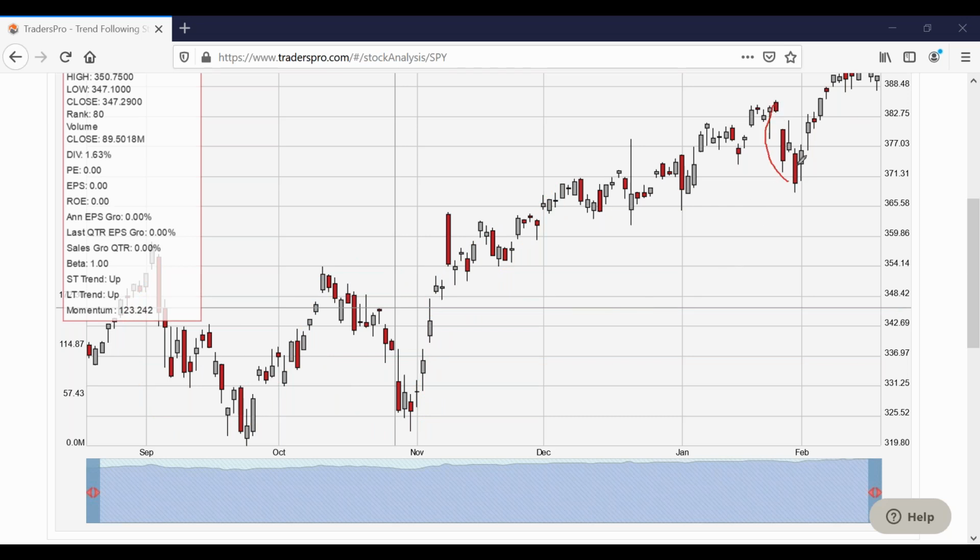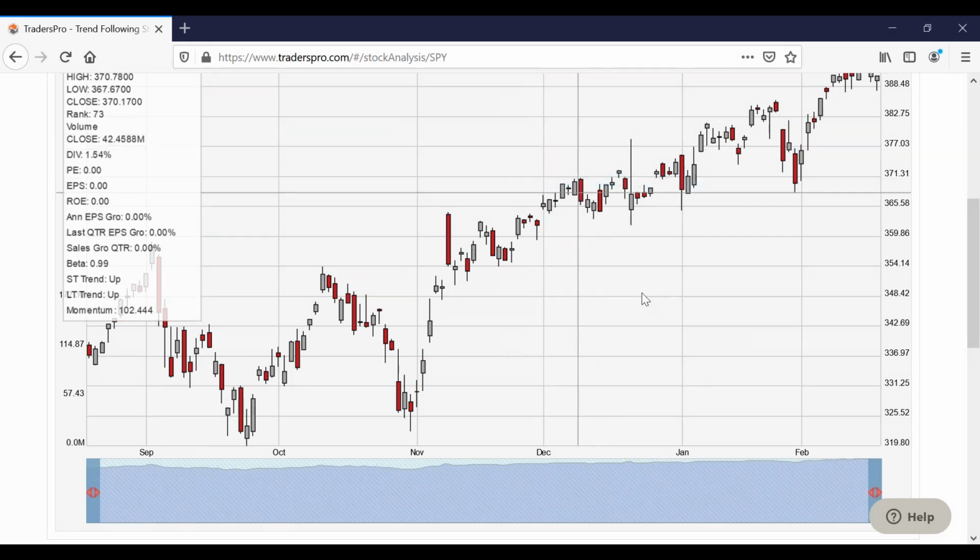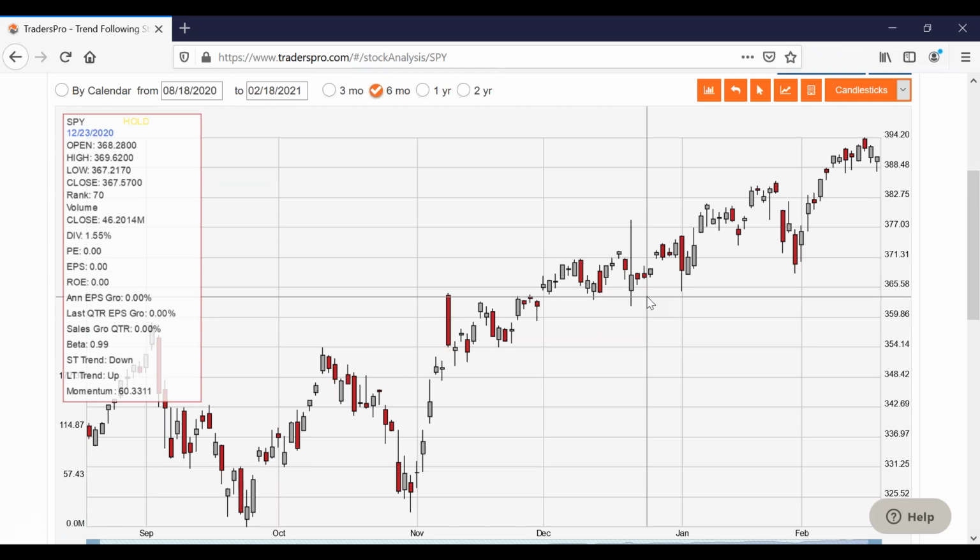I mean, even right here, we had the sharp sell-off. We rebounded pretty quickly there. So a lot of times these little sharp sell-offs can create good buying opportunities. Now, the point being, before I go over the individual stocks, is just keep that in mind, even though we're talking about some specific stocks you can consider.